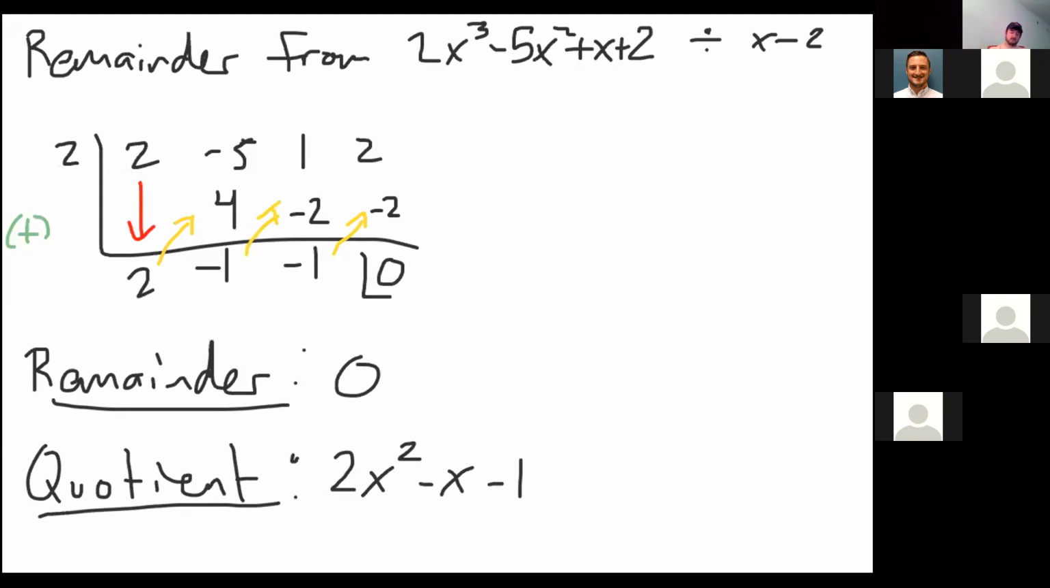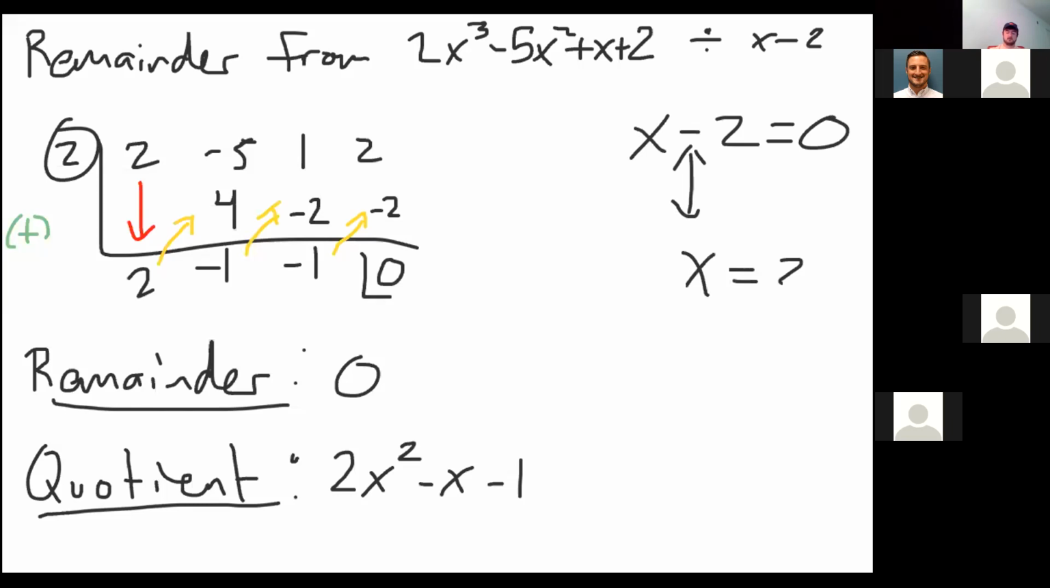Because it's the root. I'm answering a question from someone who sent a private message to me in chat. You set what you're dividing by, your factor x minus 2, equal to 0, which means the root that you're looking for is 2, because synthetic division is really a root finding method. And getting that remainder being 0 tells us that I not only found a root, but I found a factor. So overall,